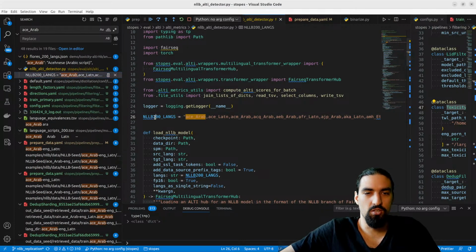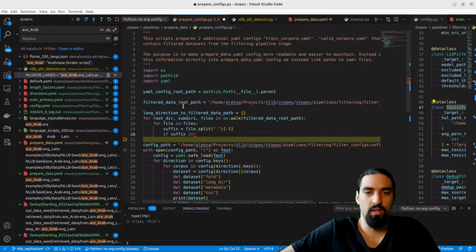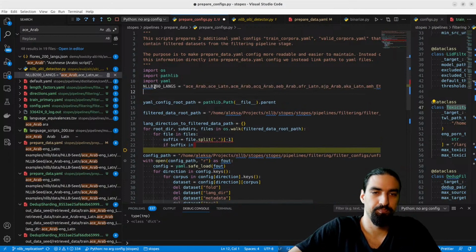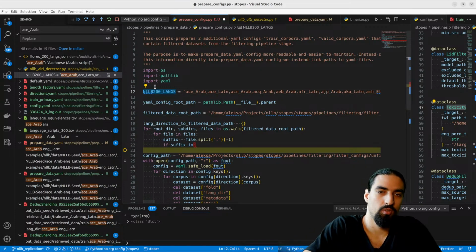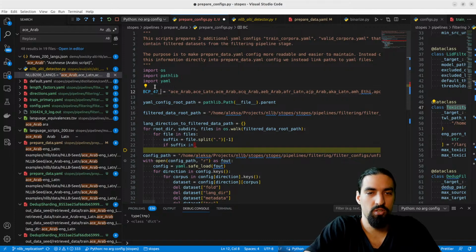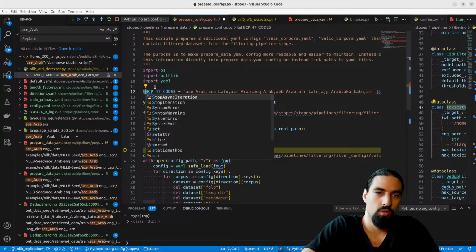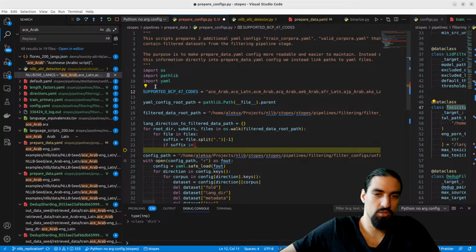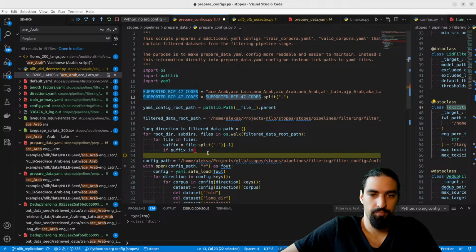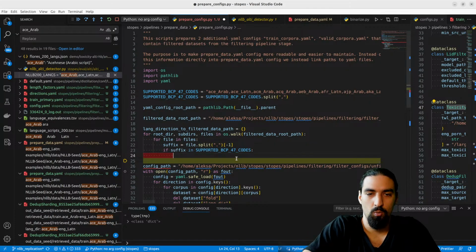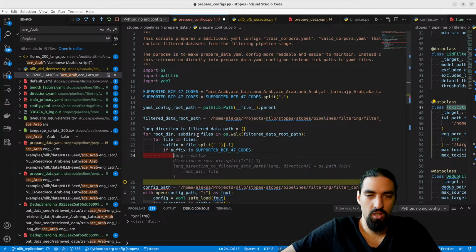So let's just copy this. We just need this, and we need to put that here. BCP 47 codes, forwarded codes, and then if the suffix is in there, in that case, we enter and